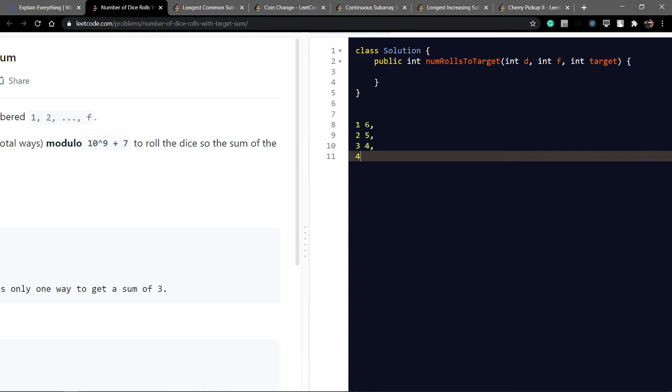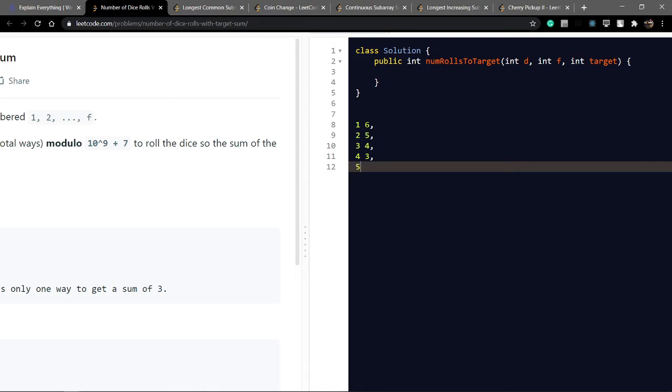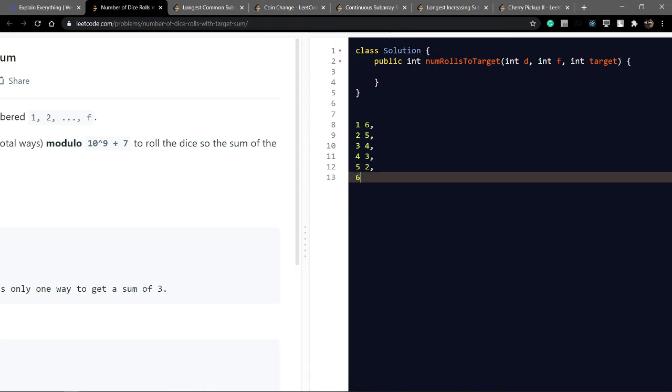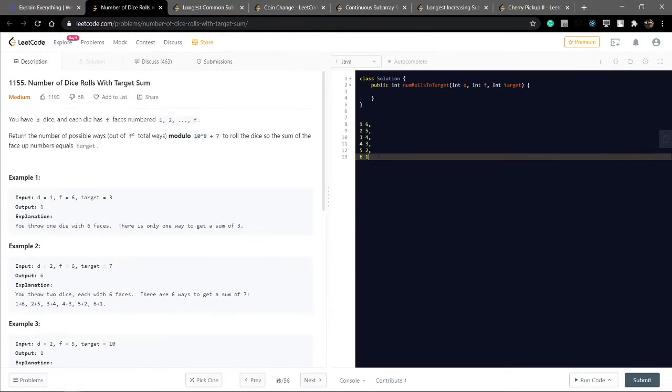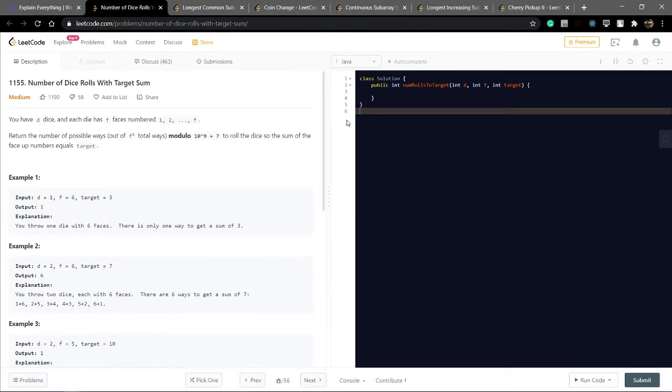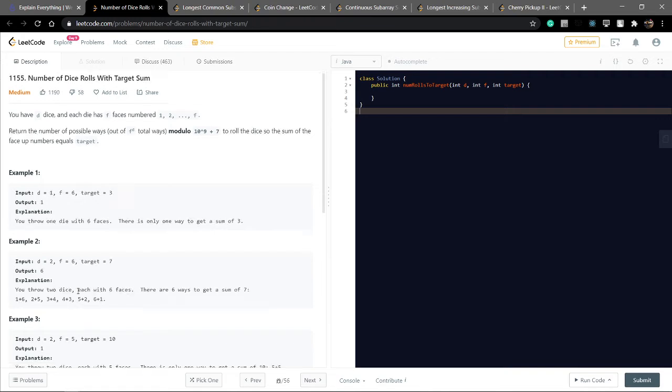So 4 and 3, 5 and 2, 6 and 1. That is the number of ways I have used. The total number of ways is 6 from this example.